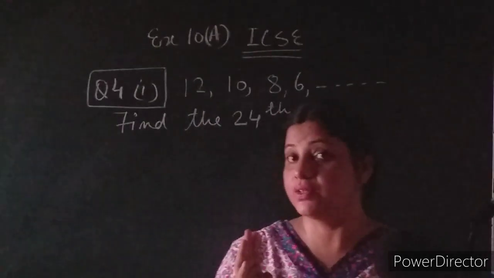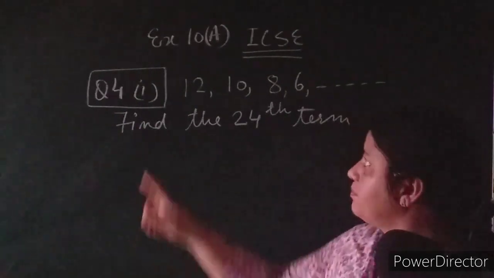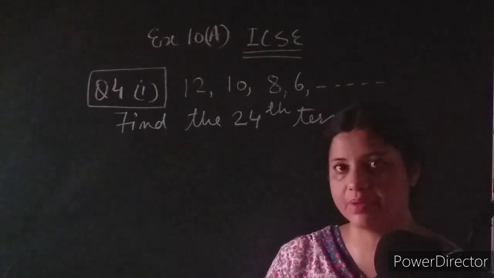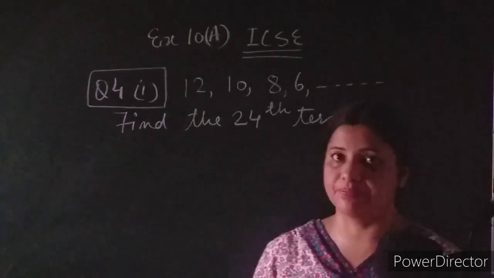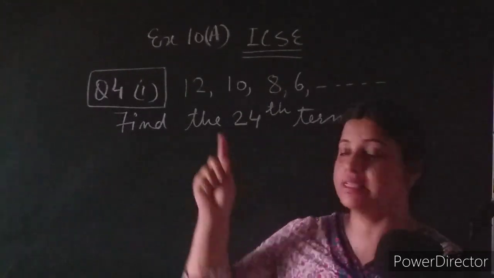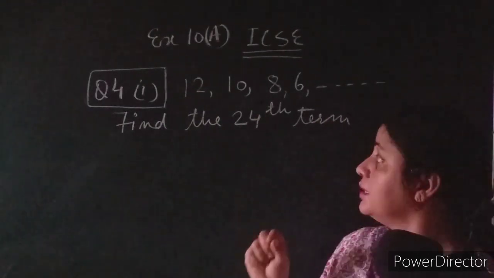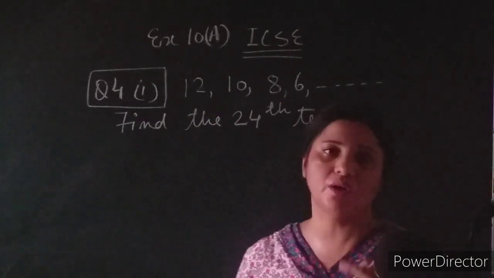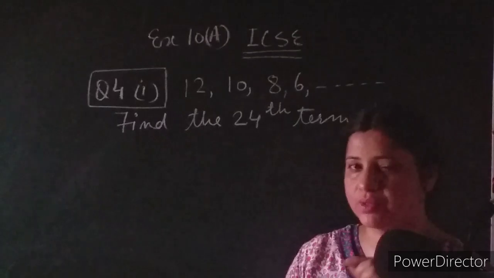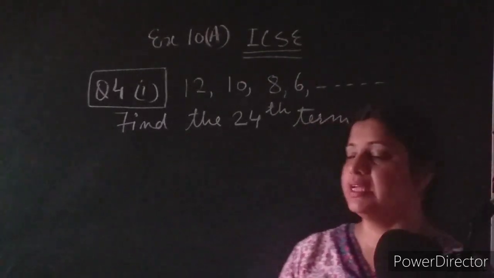Now students, in order to elaborate this concept, I have taken up one example for you, from exercise 10A of your Concise Mathematics of ICSE, just to elaborate this thing, right? The question says, if the AP given is 12, 10, 8, 6 and so on. See the way the AP is written, 12, 10, 8, 6, and AP means arithmetic progression. Then find the 24th term of this sequence. The simplest of the simple questions from the chapter of AP, right? Now, let us see.